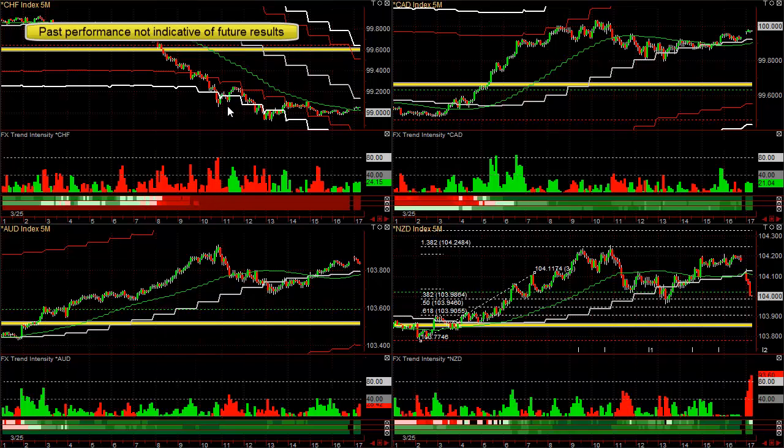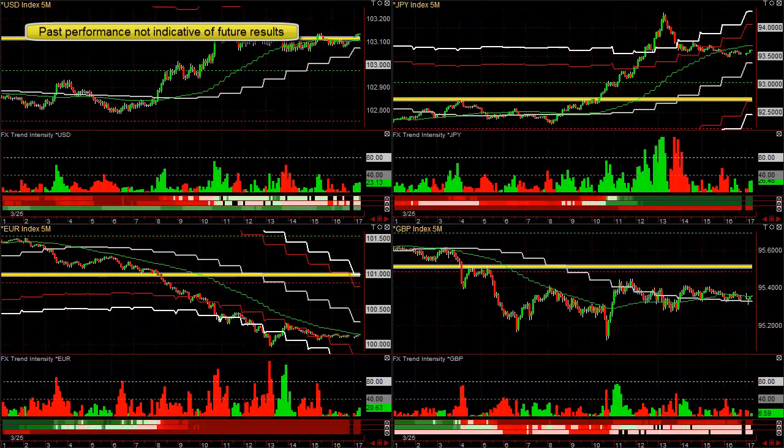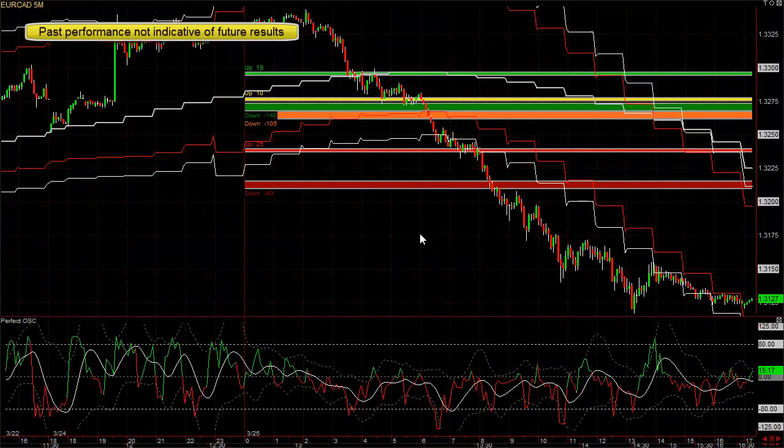At 10, it's possible. Actually, at 10, this one hasn't gone down statistically too far. Let's look at this one at 10. This one's just kind of going sideways at the high. You certainly could look for a New Zealand CAD sell. That's not the highest probability. I don't think I would even have looked at that. At 10 o'clock right here, this one just busted through the previous day's point of control. So let's take a look at